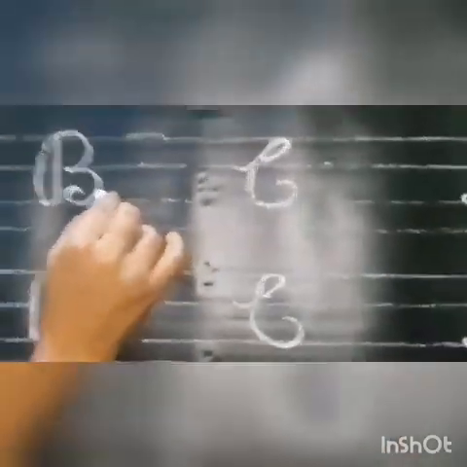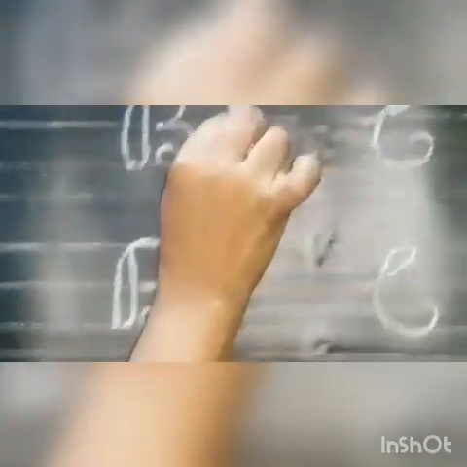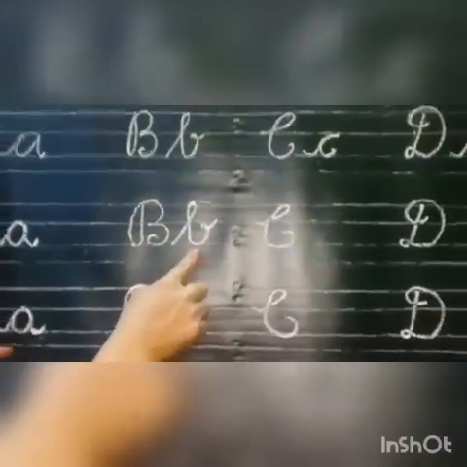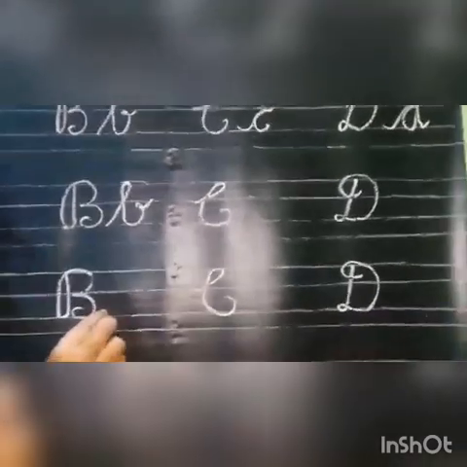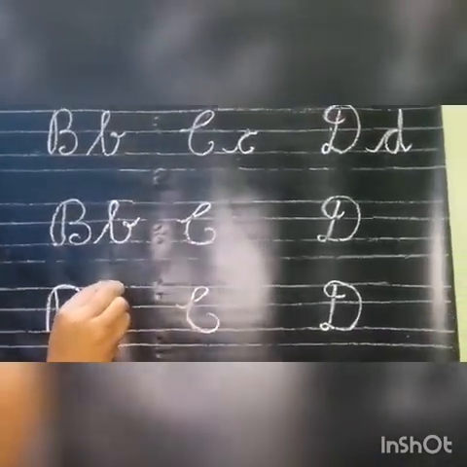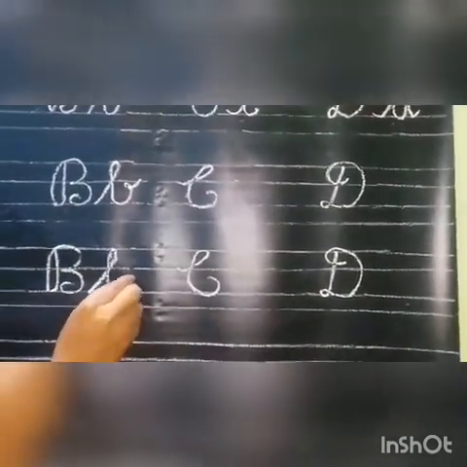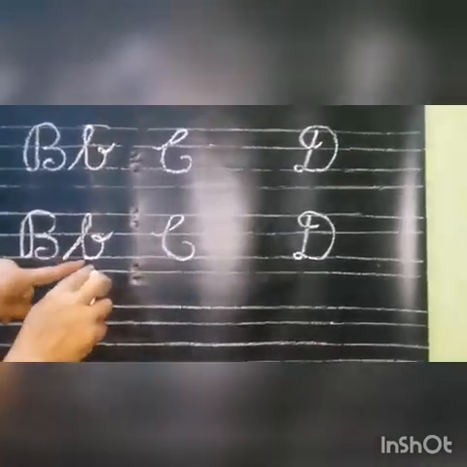Then we learn about letter B, small letter B. You start with the third line to the first line in a slant curve line and make a standing line, small curve, and this way we get small alphabet B. Once again I repeat it. We start from this third line to the first line in one curve and make a standing line and make a half circle and write this way. We get small alphabet B.